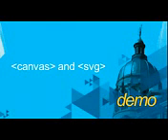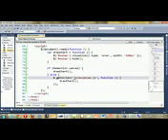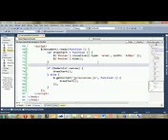Before I'm switching back, let me show you SVG. And I also want to mention that if you're using Visual Studio 2010 and you haven't yet downloaded SP1, I would encourage you to do so. This actually has some relevance to your HTML5 development.